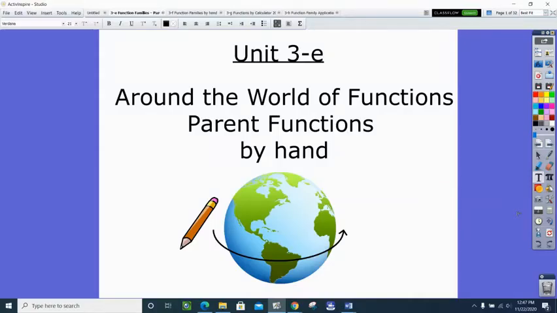So we're going to start today by talking about the parent functions of different what we call function families. And you have or should have a worksheet in front of you that has 8 problems. And this little tiny video here is going to walk through those. And I'm sort of thinking that pretty much the first 6 will be good, at least maybe 5 out of the 6. And then when we get to the back, that's where I'll slow down and make sure that we're